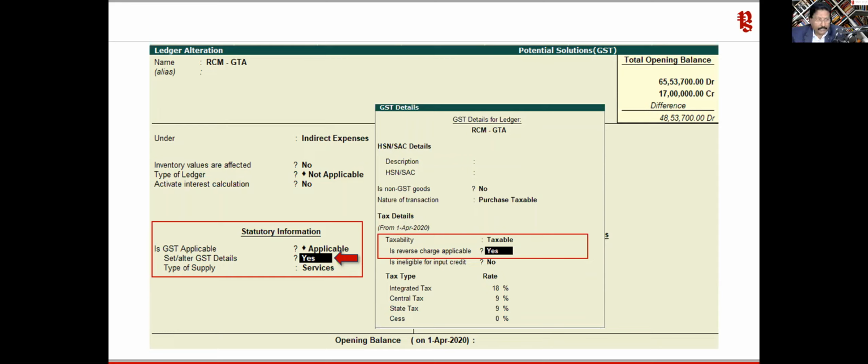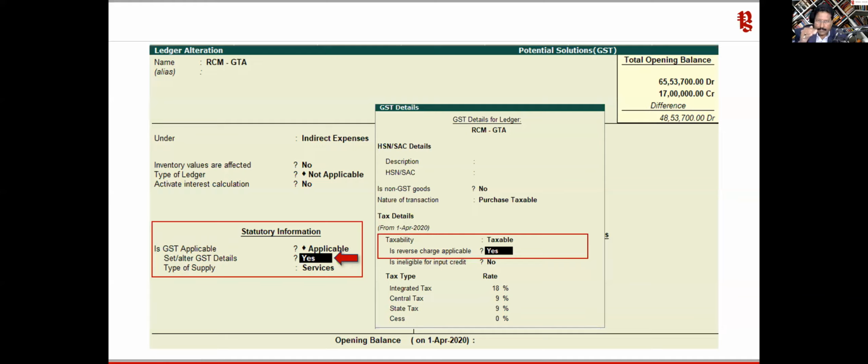Okay, the other one that you are seeing down is ineligible for input tax credit. You are certain that this input tax credit is not eligible to you, but anyhow, since you have created your IGST CGST ledger for calculation purpose, when you make your purchase entry, it is going to automatically calculate. So that way what happens is you can cross verify and make sure that your vendor actually charged the correct rate of tax. Also you can do it. That is the advantage while passing your purchase entry in the invoice mode, right?